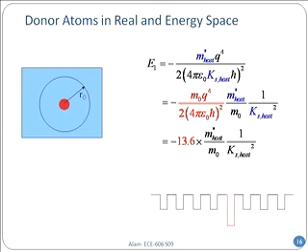Let's quickly calculate this number. What is the typical effective mass for an electron? Let's say 1/10 of the free mass, so that will be 0.1. And what is the typical dielectric constant of a material, silicon and others? On the order of 10 also, right? So you have 1 over 10 squared, and m host over m naught is 0.1, let's say. So I have to divide 13.6 by 1000. How much is that? It will be 13 millielectron volts. You see, very, very small.